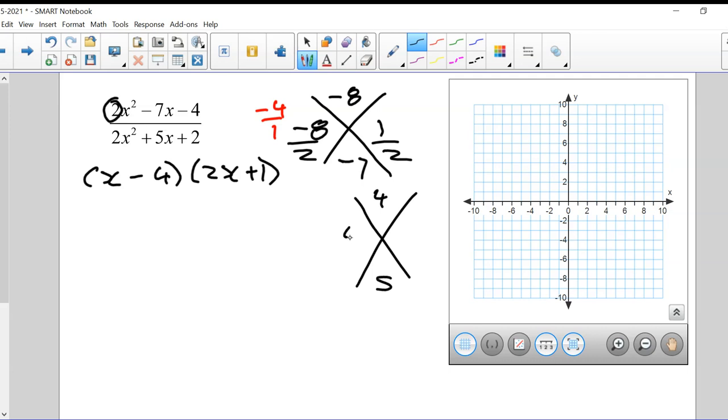So the two numbers I'm looking for are 4 and 1. 4 times 1 gives me 4. 4 plus 1 gives me 5. Divide both of these numbers by 2 again. This reduces down to 2 over 1, and that's just simply 1 over 2. So it means that my two factors are now going to be